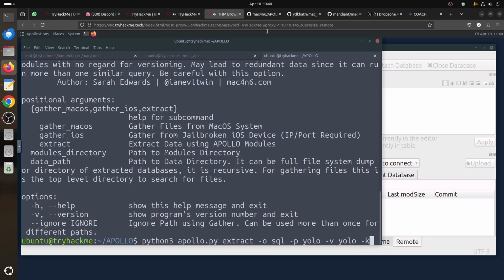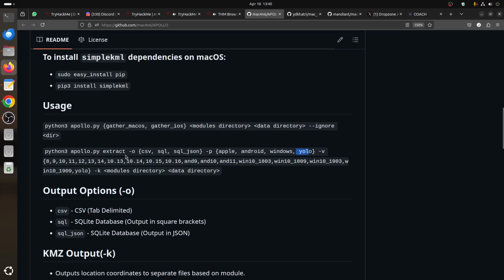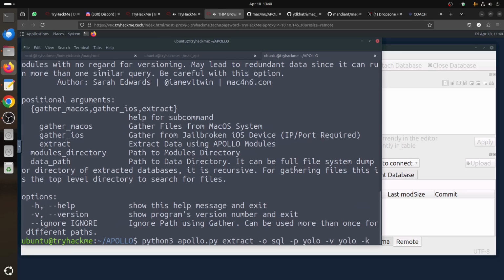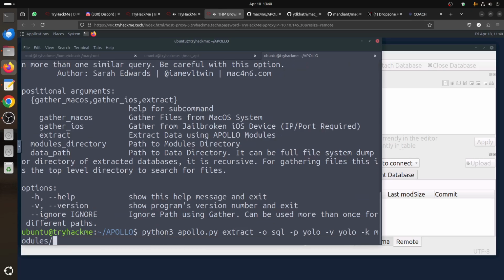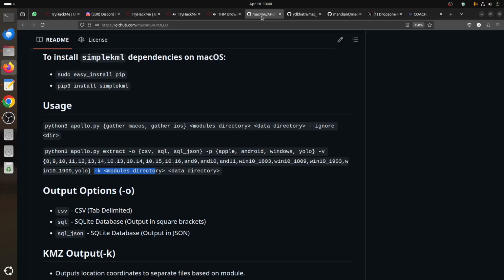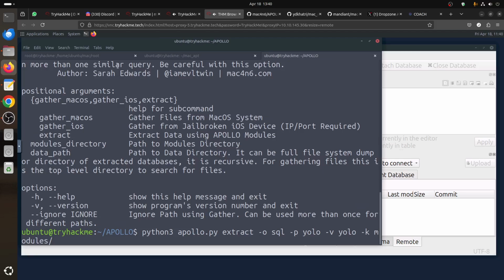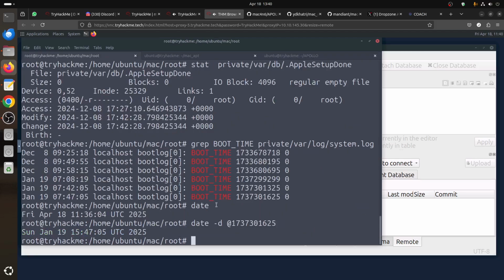I think you need to talk about the models. What is that model directory? Model, and then you need to give it the data. Now where is that data again? I forgot about it. ls private